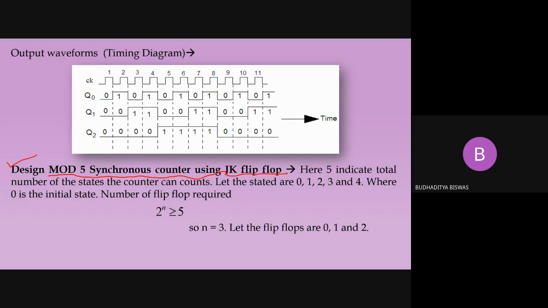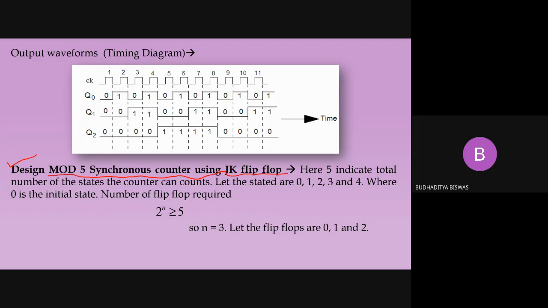So the question is that we need to design a mod 5 synchronous counter using JK flip-flop. Here in the question the flip-flop is specified, so you have to use that particular flip-flop. And how many states are there in the design? Anybody please? Two. Huh? 2 states. No, not two states. States means the counter output. Very good, 5 steps, because the modulus is nothing but the steps of the counter.